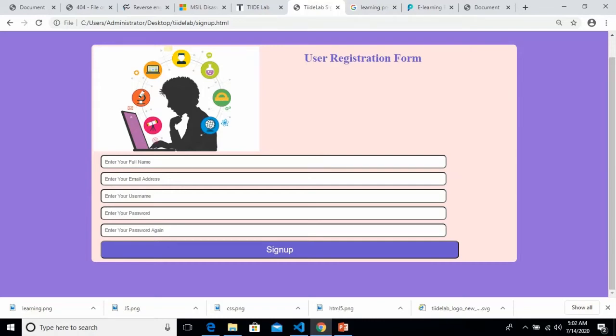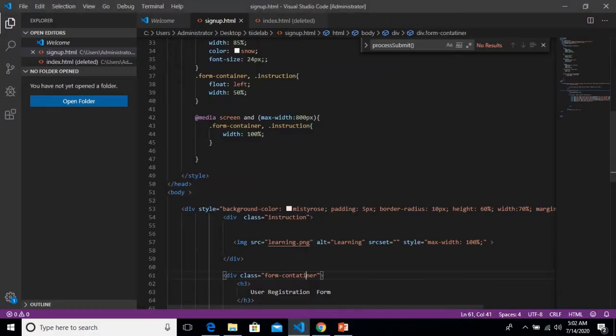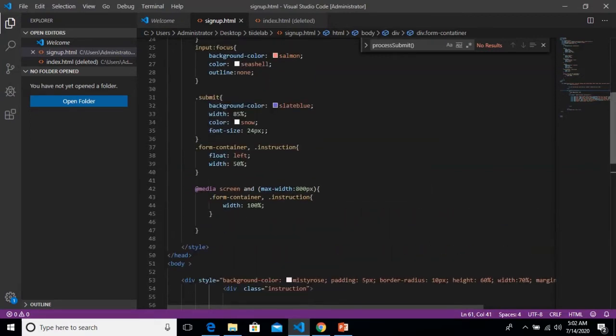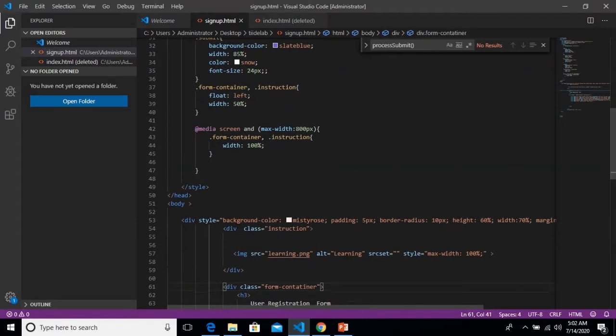It's sort of irregular, so there could be a spelling error somewhere. The thing is, when you have this, usually it's deliberate, so you have form container, and the class here is form container, so that's a typo. And because this is programming, nothing works, so you have to ensure that the class name matches what you're declaring here as a class name. So when you have this and then you refresh that,